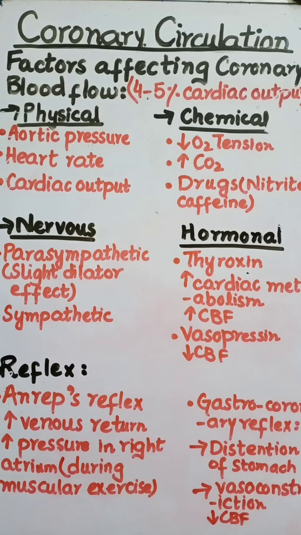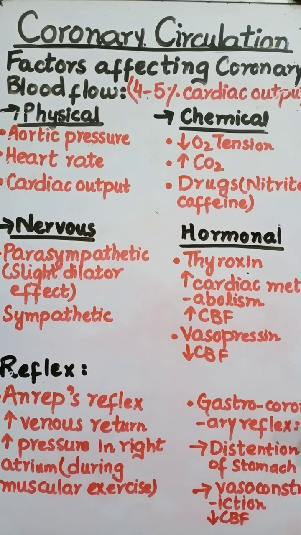Whenever a person is doing exercise, his blood vessels generally dilate, especially the heart blood vessels, because more oxygen is then utilized there, and as a result local metabolism activates and oxygen consumption will be more. Due to this more oxygen consumption, Anrep's reflex will be activated, and this will enhance the coronary circulation. Number 2 effect is